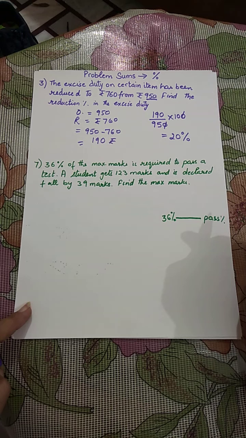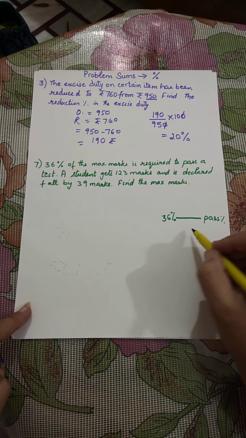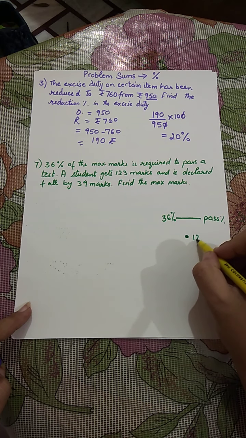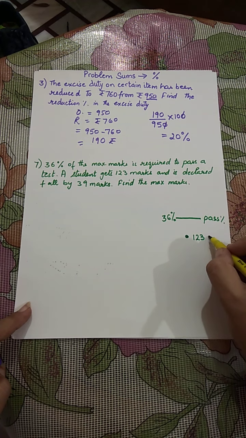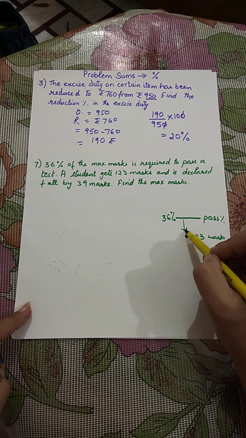A student gets 123 marks and is declared fail by 39 marks. It means the one who is below this line has failed. Suppose there is one student over here who has got 123 marks and he has failed by